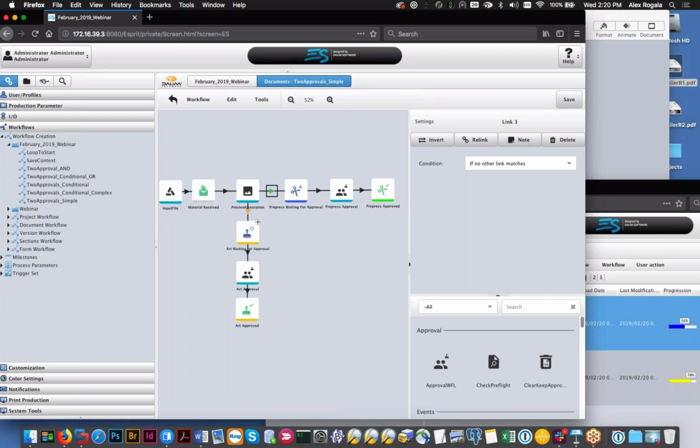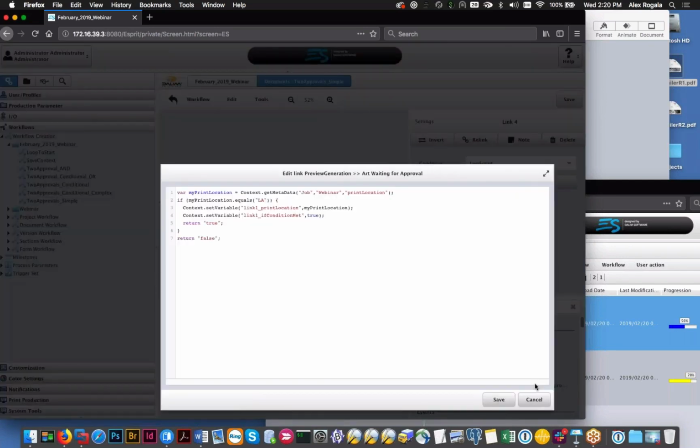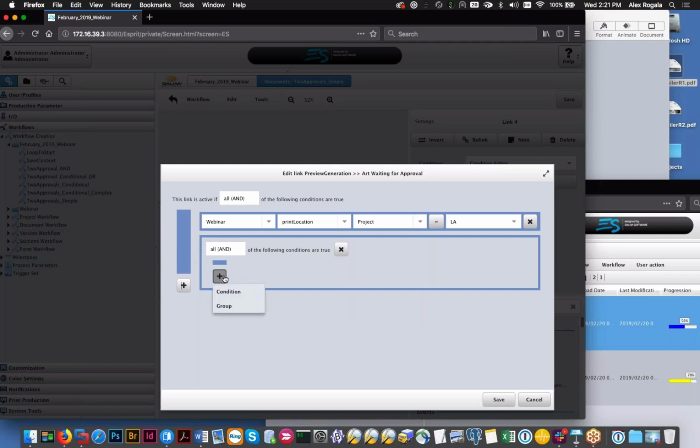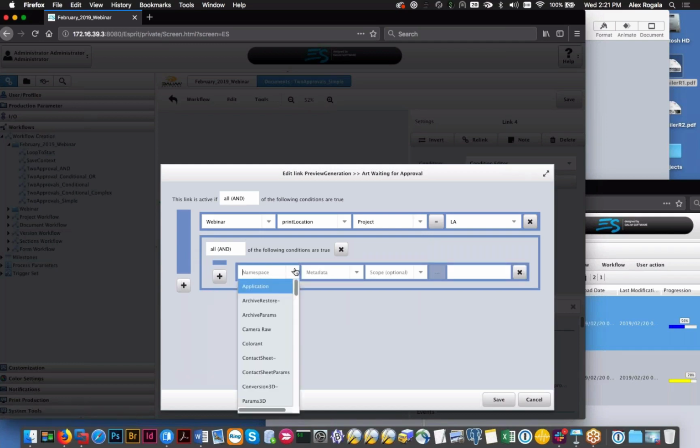You also have the ability to make more complex conditions, as I was starting on here. So let me pop back in here and make this a condition. We did single conditions. Maybe I want to do groups. So I could do my initial one here: the print location is LA, again. And I could make a group within here, too. So I'll have a condition for